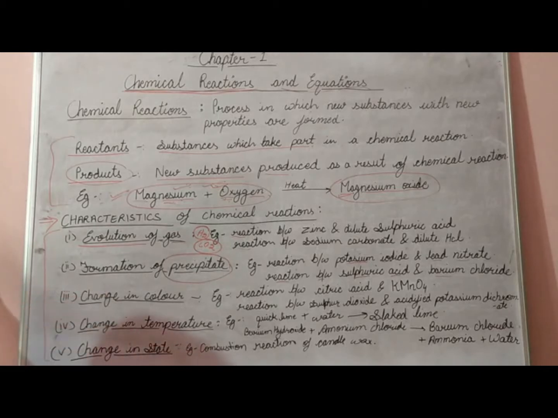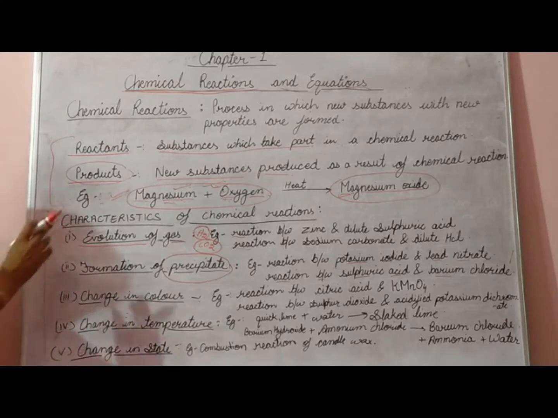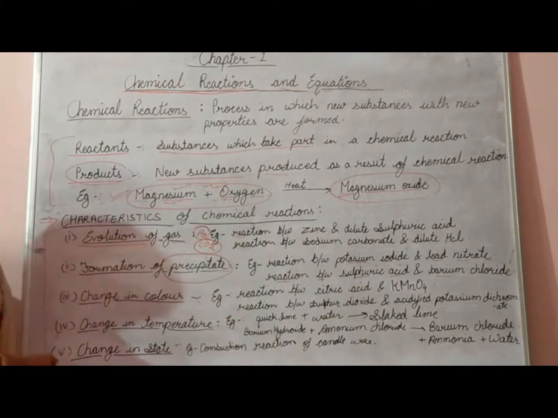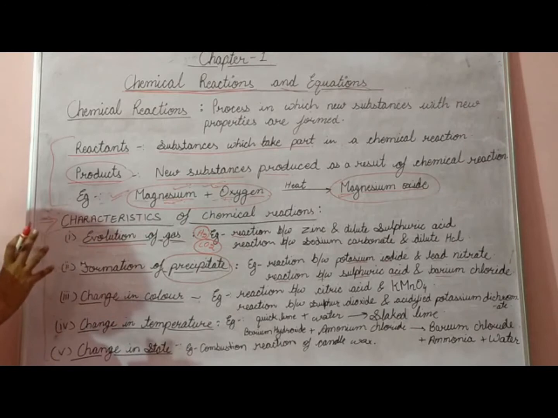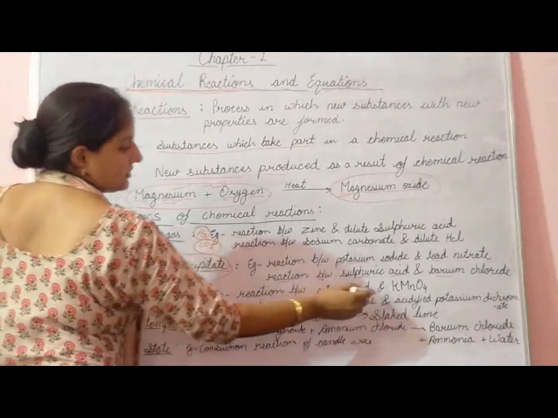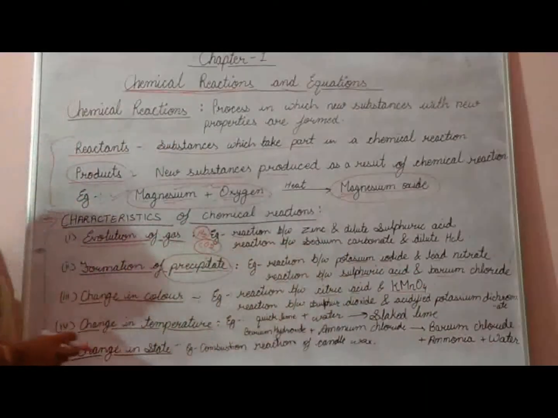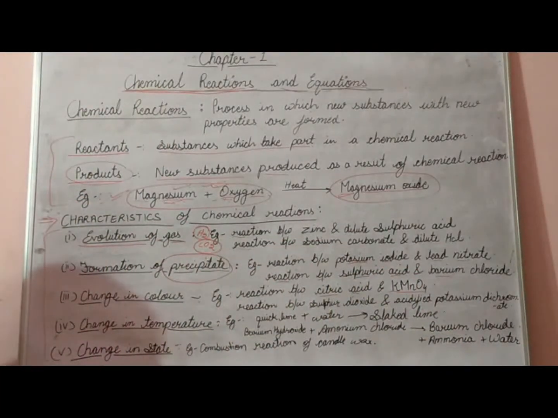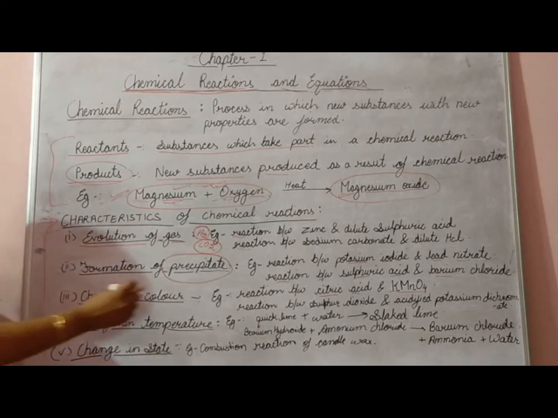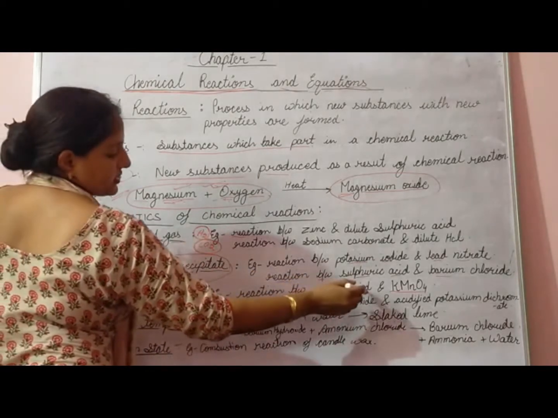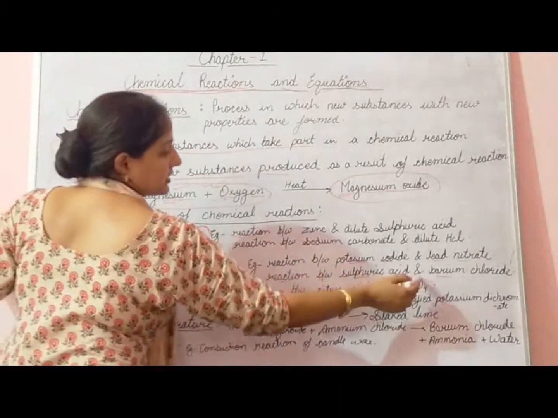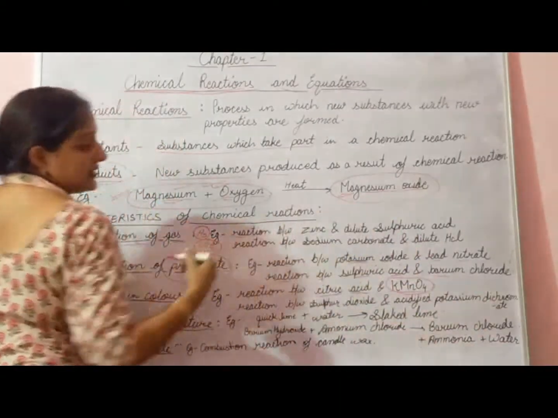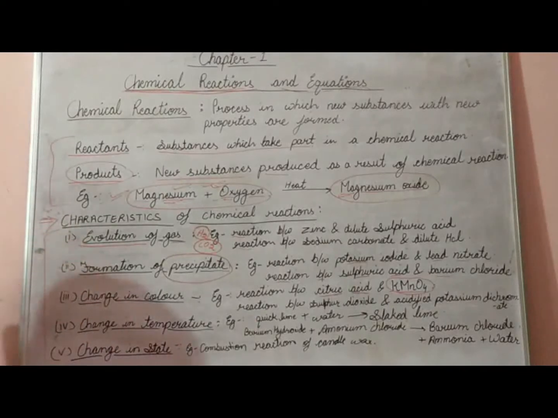Next is change in color. In a few reactions, on the reaction between the two reactants, we will observe some change in the color of the reactants. For example, the reaction between citric acid and potassium permanganate solution. Basically, the color of potassium permanganate is purple. So, on reacting with citric acid, the color of potassium permanganate will disappear and a white color will be